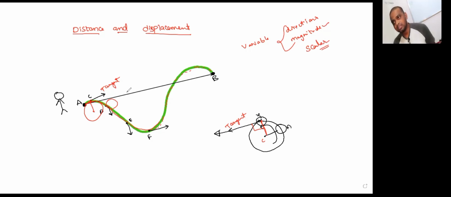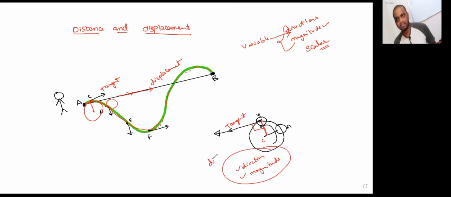Coming to the displacement, it will have a unique direction and you can also measure it from point A to point B. So direction is variable in the case of distance, but in the case of the shortest path from point A to point B, which is displacement, it will have a unique direction, and we can also measure the magnitude. So that's why we consider displacement a vector quantity. I hope all of you understood why distance and displacement are scalar and vector respectively.